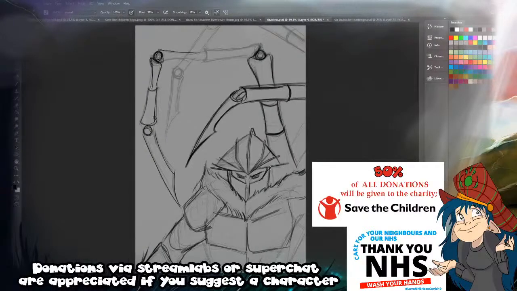I'm drawing a character I don't actually know the property he's from, so I'm not very confident with this drawing, so I'm just kind of trying my best. Don't need to draw that bit in.